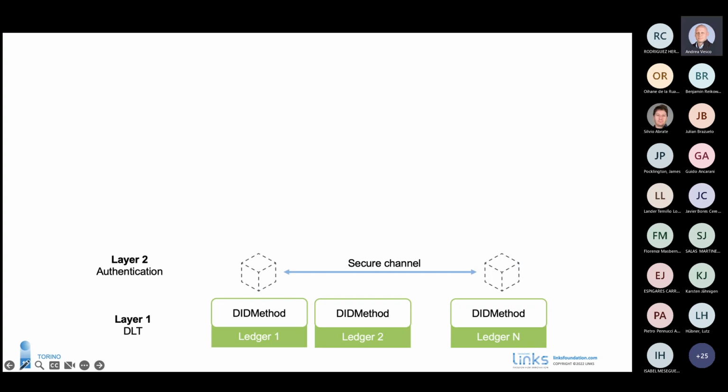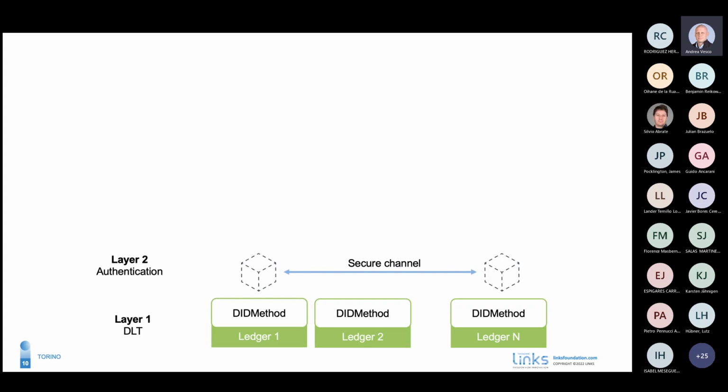At layer two, every single node that wants to interact in a trustable way with another has to create a secure channel with the peer. And we will see how the specific identity data stored on the ledger will be used essentially to create this secure channel. At that point, the identity of an object seems to be just a couple of keys in which